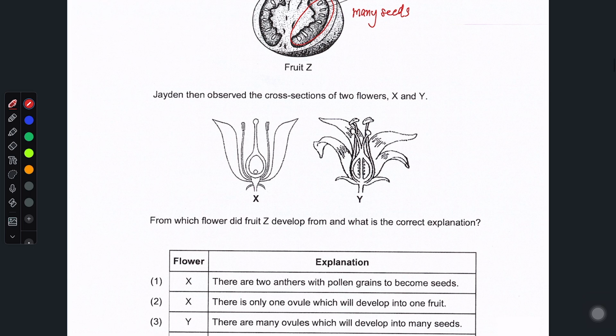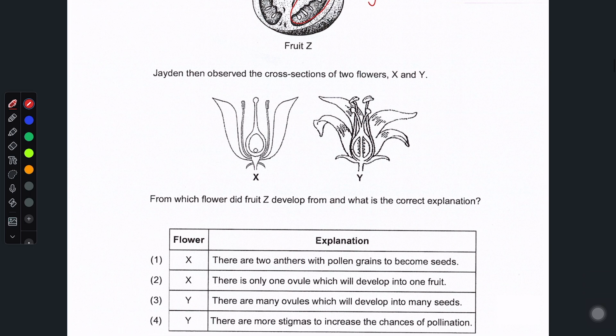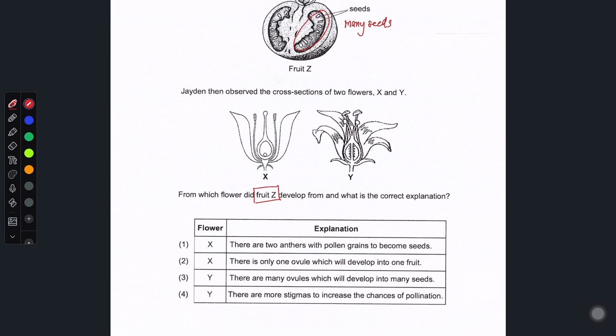Okay, from here you probably know that there's a lot of seeds in the fruits itself. She observed the cross section of 2 flowers, X and Y. From which flower did fruit Z develop from, and what is the correct explanation? It should have developed from this flower, because there is many